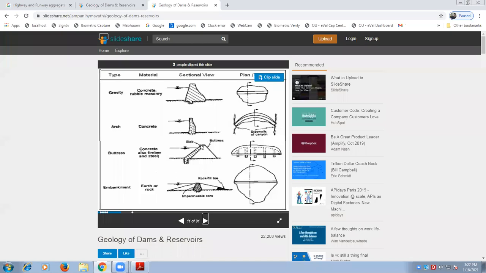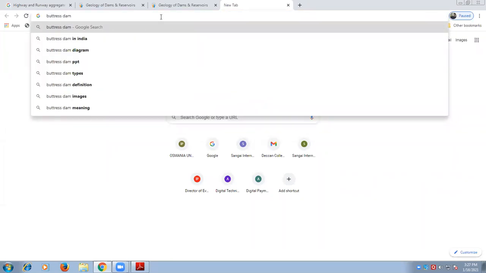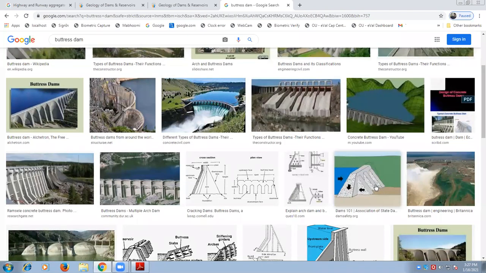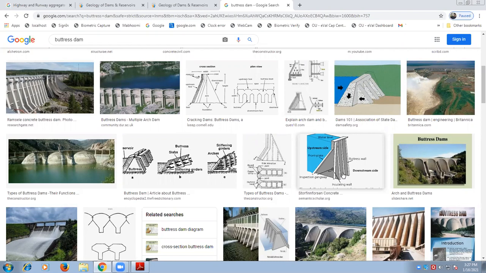Then you have the buttress dam. This is a buttress dam, as you can see, and it consists of a deck which slopes upstream. You can see the deck upstream. This is not a very clear photograph of a buttress dam, so let us see how a buttress dam looks like. See here, these are the buttress dams, and the deck slopes upstream. This is something which is known as the deck, which is sloping upwards, and you have buttress walls. These can be constructed with weak rocks also, but we require